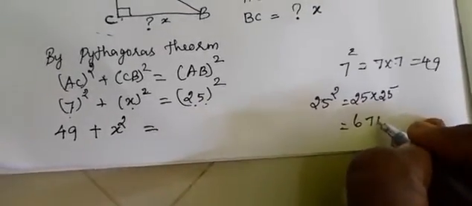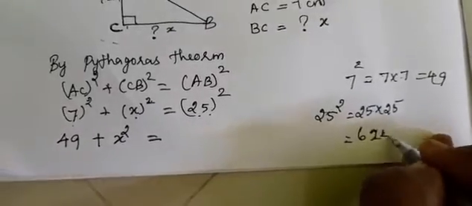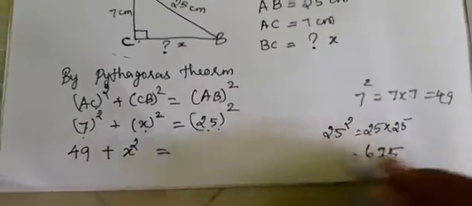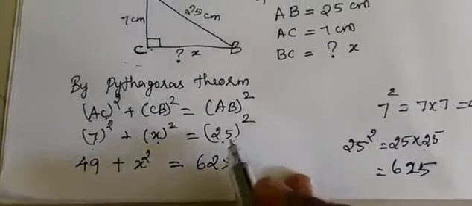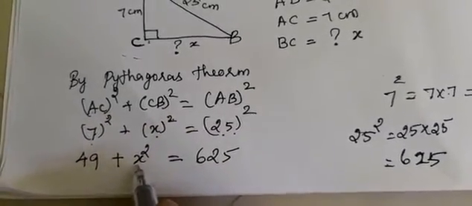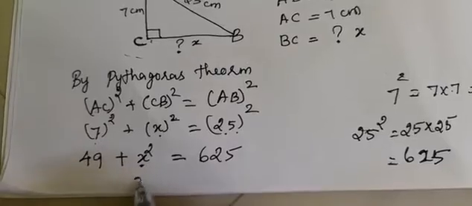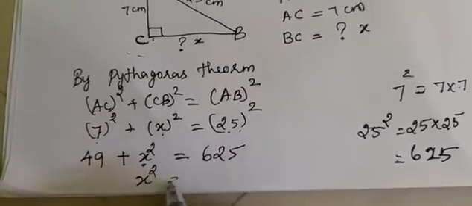It is 625. 25, 25, 625. See, it looks like an equation. We need to find the value of x only. Okay, so x square is equal to